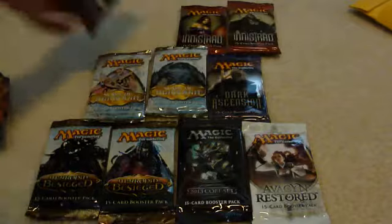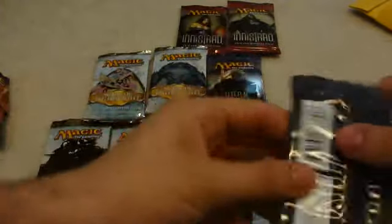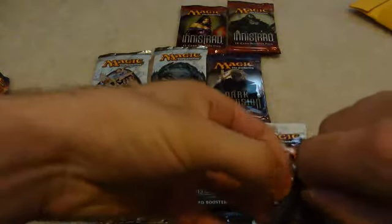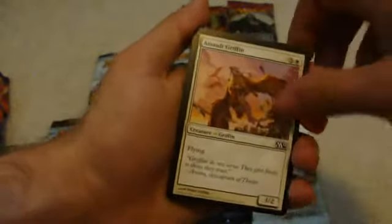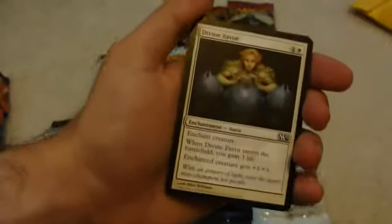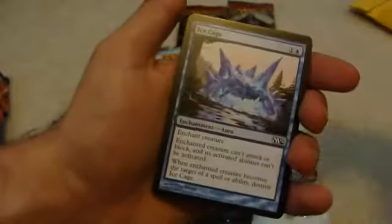Let's go ahead and open up the second 2012 core set pack. So we've got another Bonebreaker Giant, Sorin's Thirst, Assault Griffin, Disentomb, Act of Treason, Pride Guardian, a Wall of Torches, Divine Favor, which got reprinted in M13, Zombie Goliath,